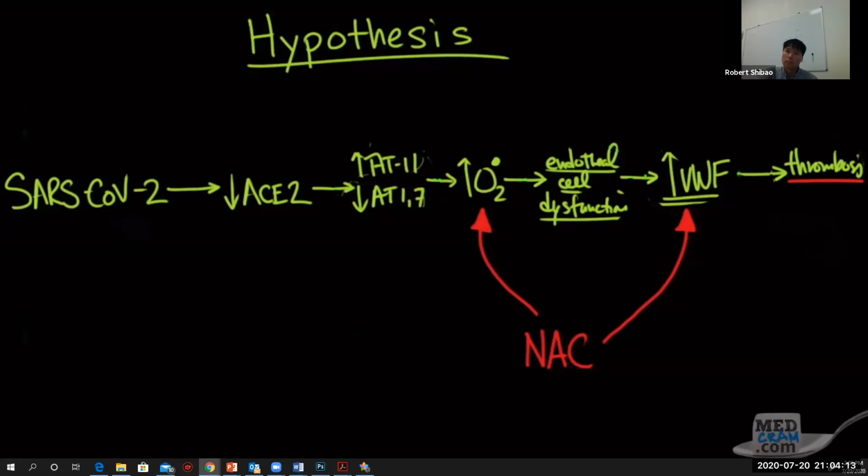So the question that I have is, if people took NAC orally as a preventative, could this prevent serious forms of COVID-19, just like we saw with influenza A? It didn't reduce the number of infections, but it reduced the severity of the infections. The next question is, if given in high enough doses intravenously in the hospital, can it prevent the patients from progressing to intubation and intensive care admission?